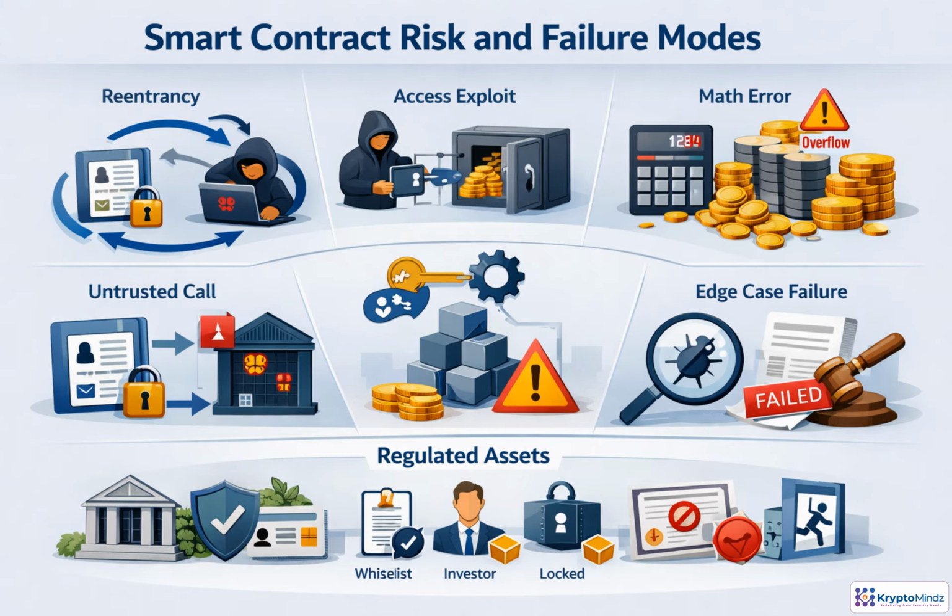Smart contracts are more than code. They enforce issuance, transfers, settlement, and lifecycle events. So small defects can become financial, legal, or operational failures. Watch for reentrancy, weak permissions, math or precision errors, unsafe external calls, and flawed upgrades. Regulated assets also require checks for eligibility, restrictions, redemptions, and forced transfers. The discipline is straightforward. Use secure patterns, test exhaustively, obtain independent audits, monitor releases, and do not deploy without evidence.